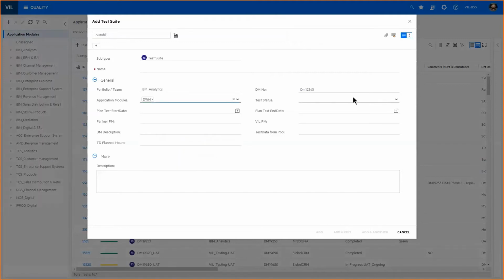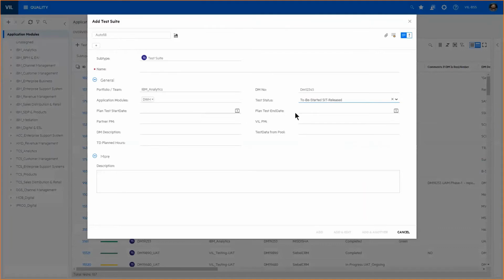Next is the test status. When you're creating an entry, this was ideally created when you're uploading a test case, so that would be a to be started status. Here there are a few custom statuses for SIT and UAT. Based on the role that you are assigned, suppose you are assigned a SIT role, you will be getting a list of SIT statuses. And if you are assigned a UAT role, you'll be getting the list of UAT statuses.